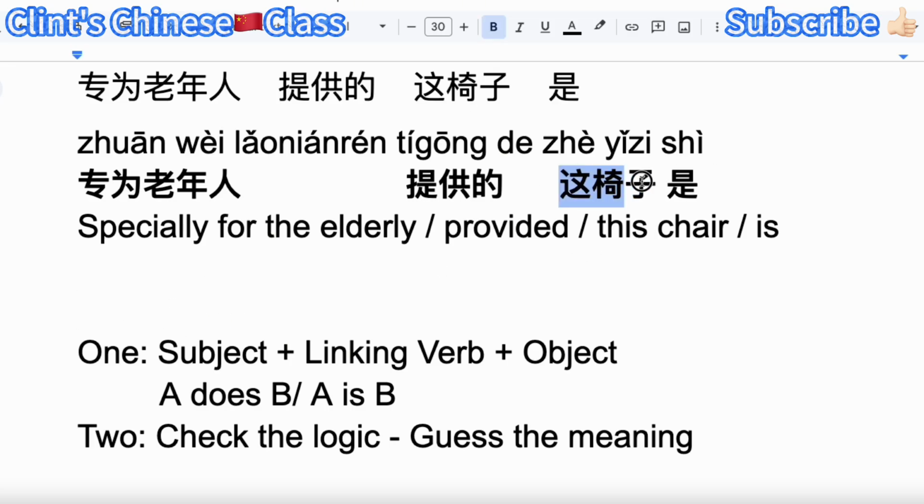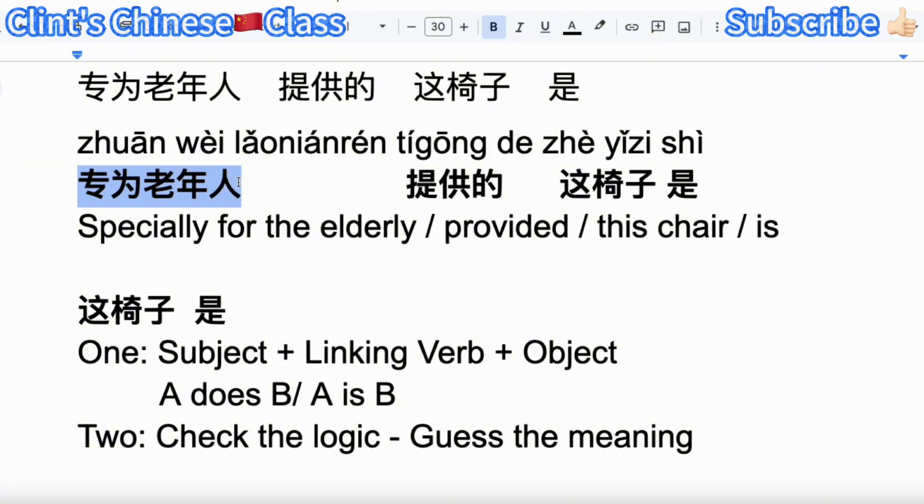Then we put it here. Yeah, because subject and object must be nouns or noun phrases. Okay. Now the linking verb, so we have a 是 here. Is that right? Okay, and